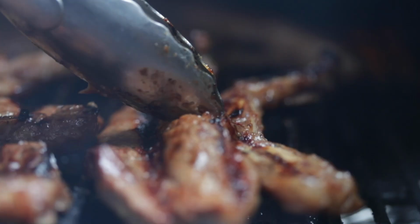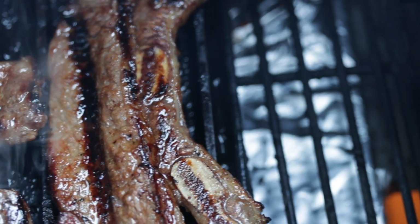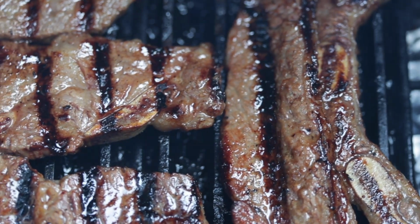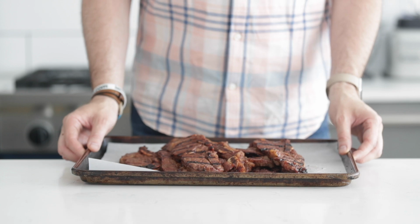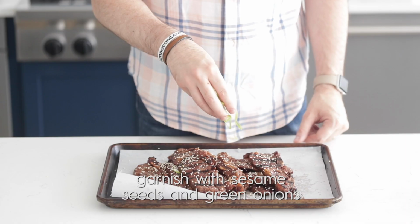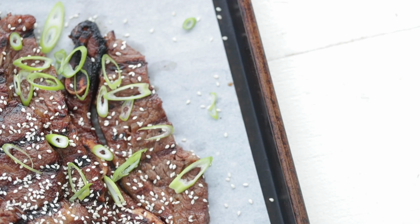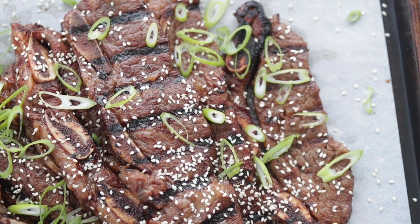Turn over the ribs. You can see we've got those nice dark marks. Gonna be amazing, my friends. Finish up cooking them for a few more minutes and then take them off. We're gonna come back inside. I'm gonna serve them up just on the sheet tray lined with parchment paper. And in that same rich Korean tradition, we're gonna hit it with some sesame seeds and some sliced green onions. And do not forget to use my 2 secret ingredients, a Fuji apple and a kiwi, guaranteed to make these short ribs top notch. While I shove these insanely delicious Korean Kalbi ribs in my face, and yes, they are amazing,